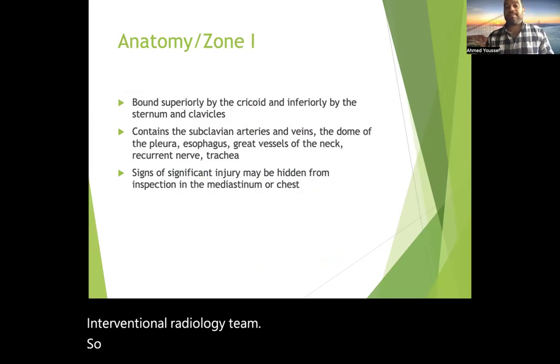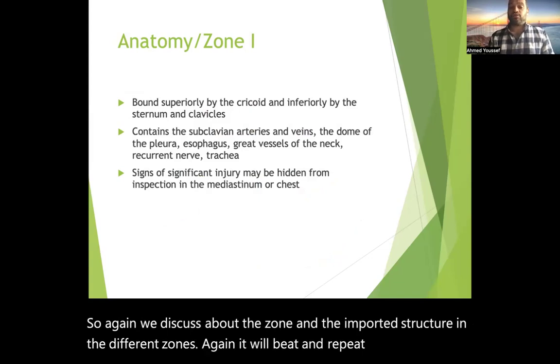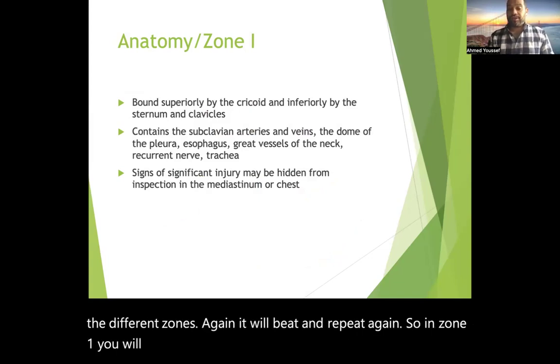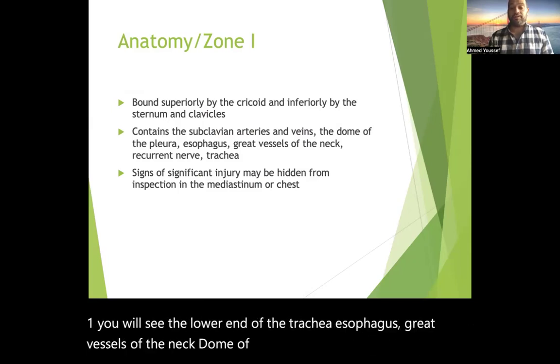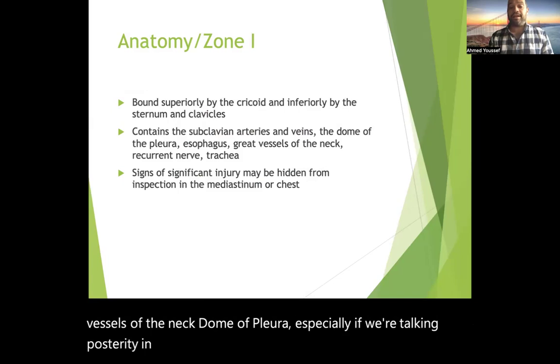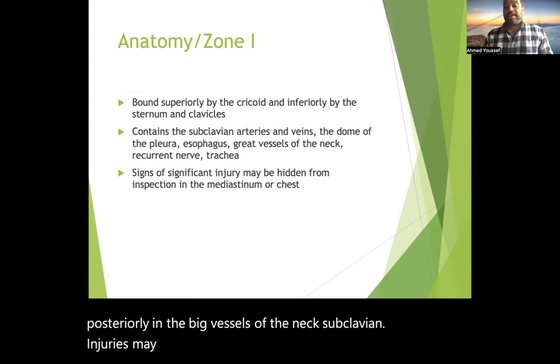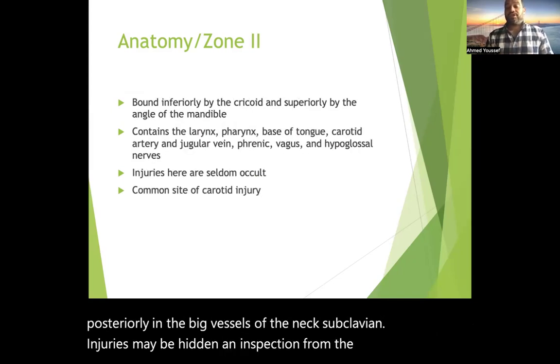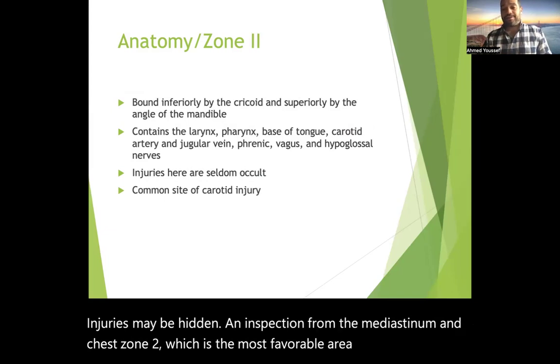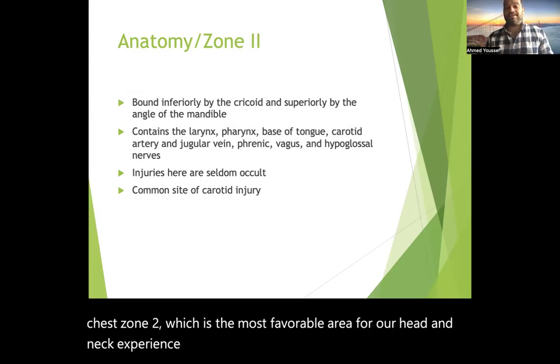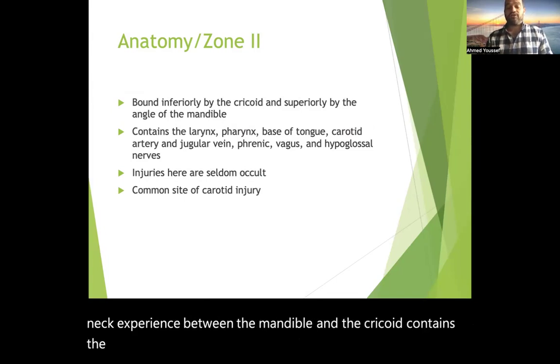So again, we discuss the zone and the important structures, the different zones. Again, I repeat and repeat again. In zone one, you will see the lower end of the trachea, esophagus, great vessels of the neck, dome of pleura, especially if we're talking posteriorly, and the big vessels of the neck, subclavian. Injuries may be hidden, requiring inspection from the mediastinum and chest. Zone 2, which is the most favorable area for our head and neck experience, between the mandible and the cricoid, contains the larynx, hypopharynx, beginning of trachea, and